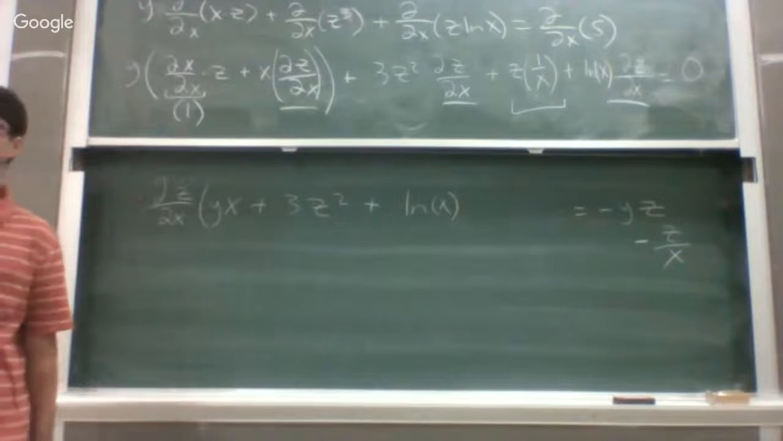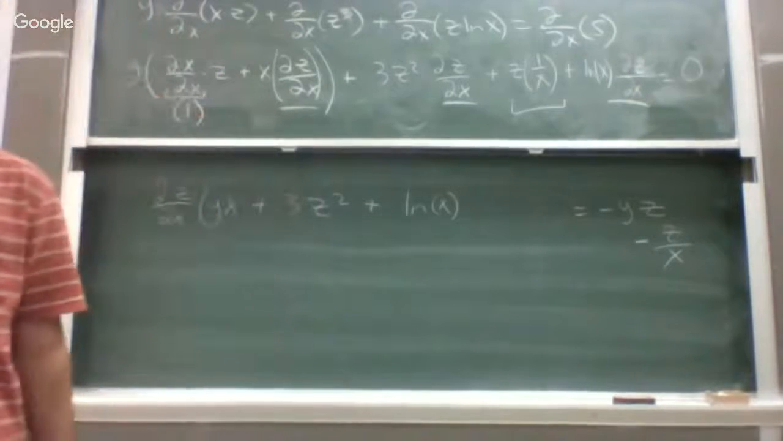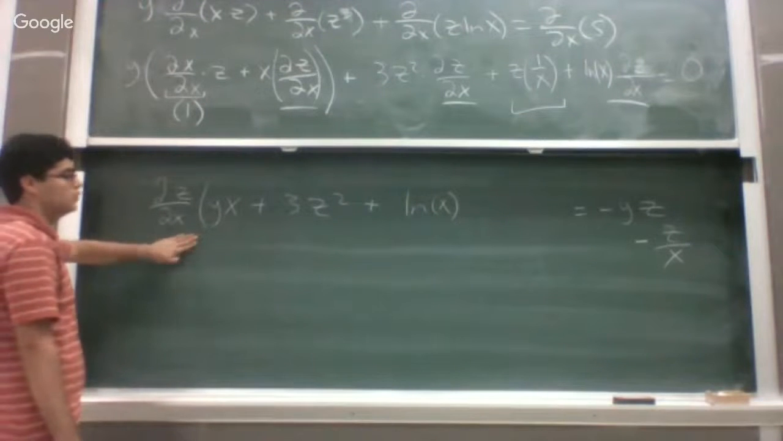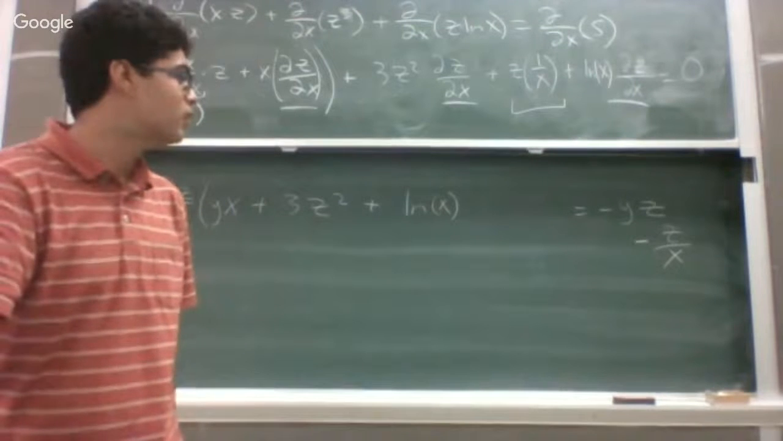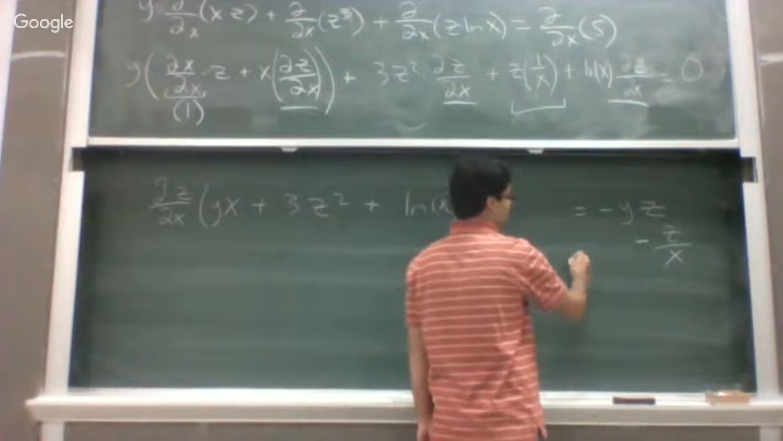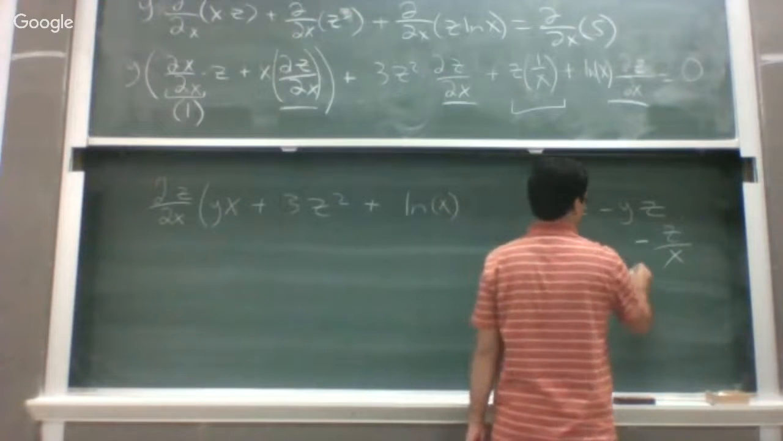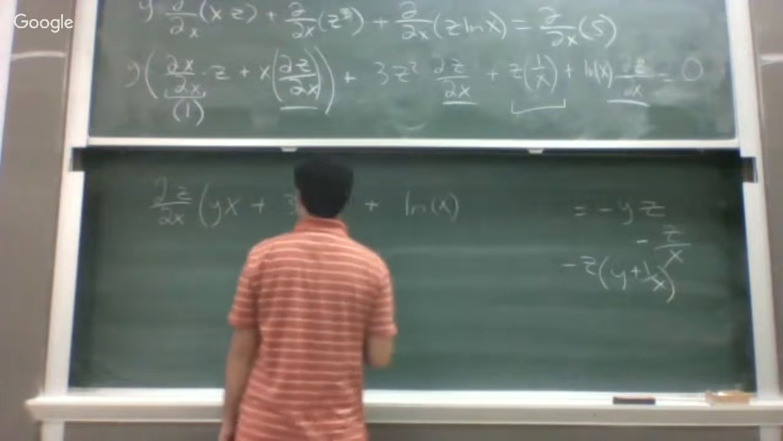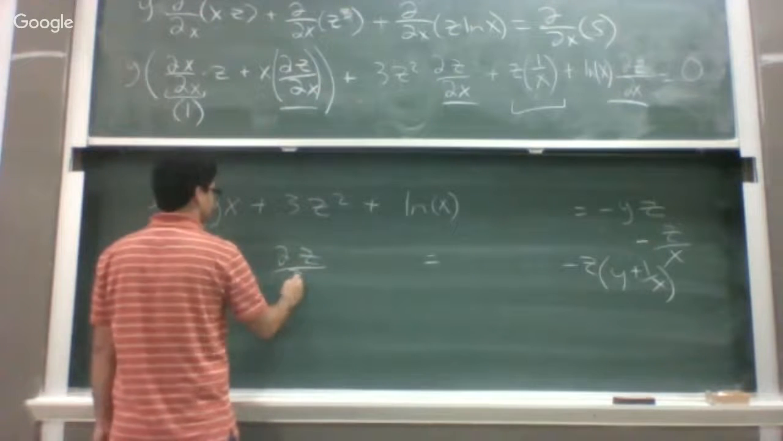Good job. Because y multiplies to both of them. You divide it. In this, we can take a z out. Minus z, so it's y plus 1 over x, equal to dz over dx